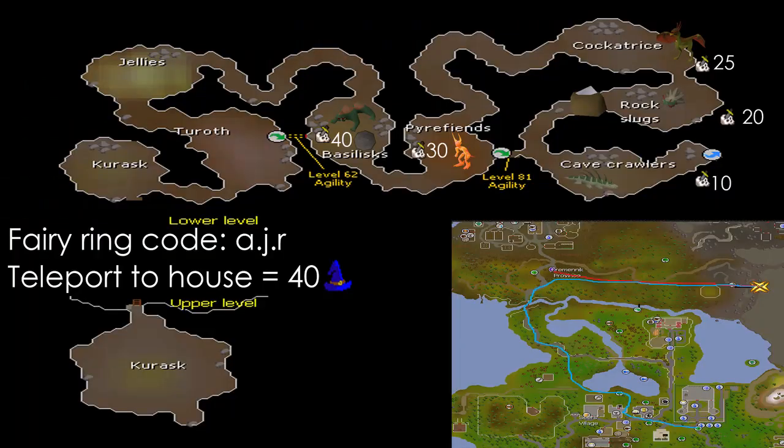That is it for the Slayer Tower. So the next one we'll be covering is the Slayer Caves in Rellekka. On screen you'll be able to see 3 different ways to get there. You can either use a fairy ring code, AJR, or teleport to house if you have your house in Rellekka, which